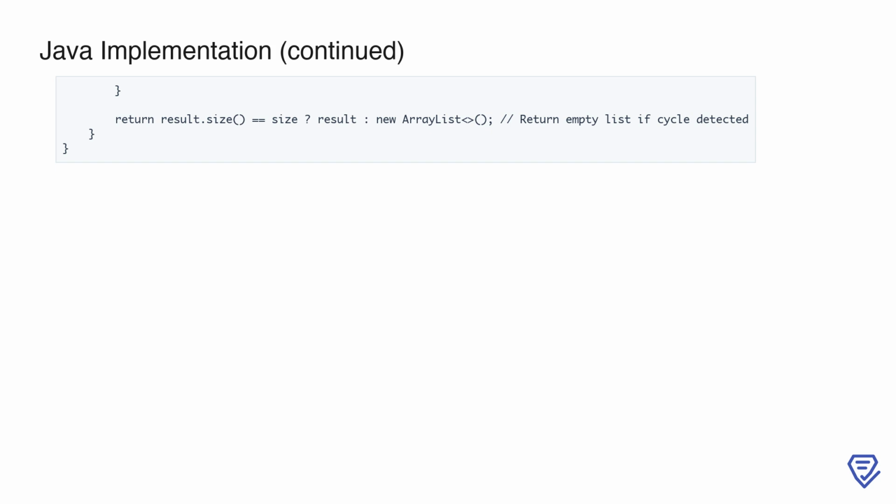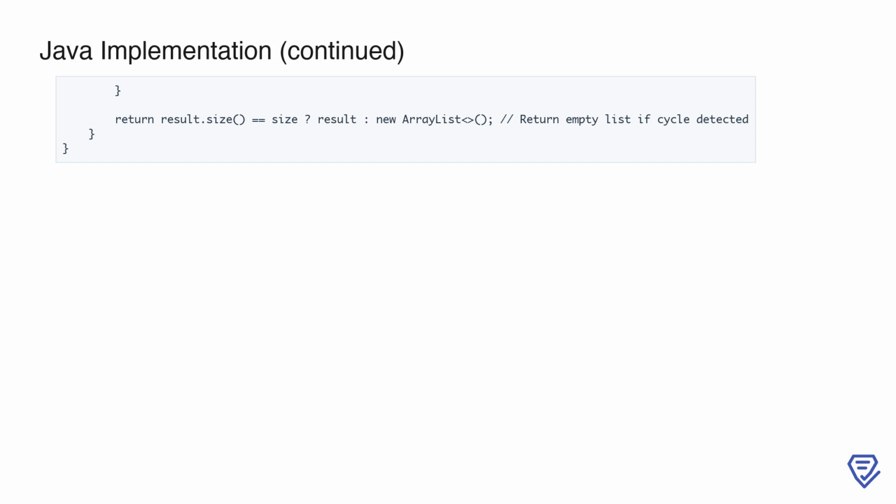The toposort method works by using a queue to perform a breadth-first traversal of the graph. Initially, we add all nodes with an in-degree of 0 to the queue, as these nodes do not depend on any other nodes and can be processed first. As we process each node, we add it to the result list and reduce the in-degree of its neighbors. If any neighbor's in-degree becomes 0, it is added to the queue, making it eligible for processing. This continues until the queue is empty. At the end, if the number of nodes in the result matches the size of the graph, the graph is acyclic, and we return the result. Otherwise, a cycle exists, and we return an empty list